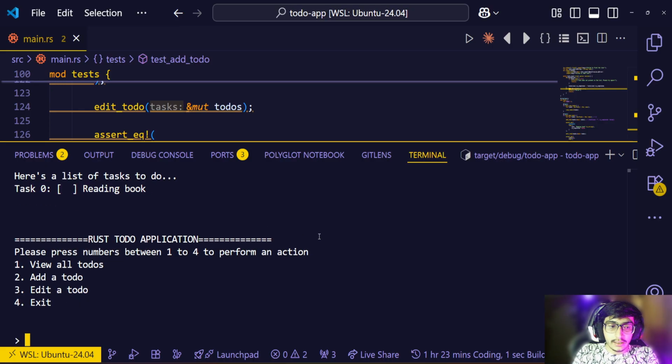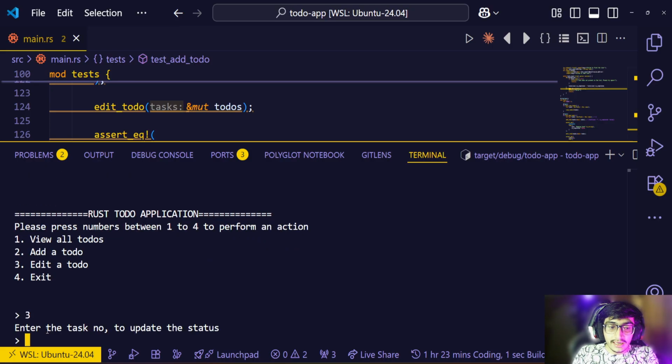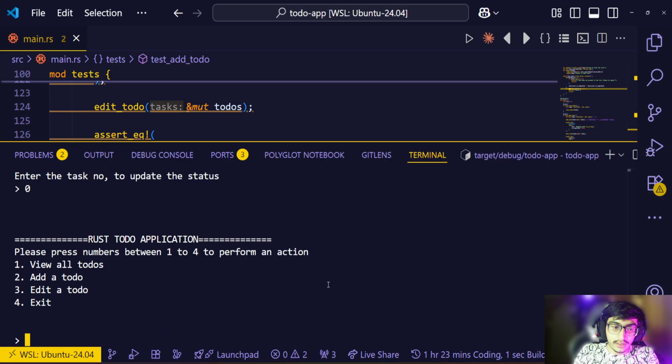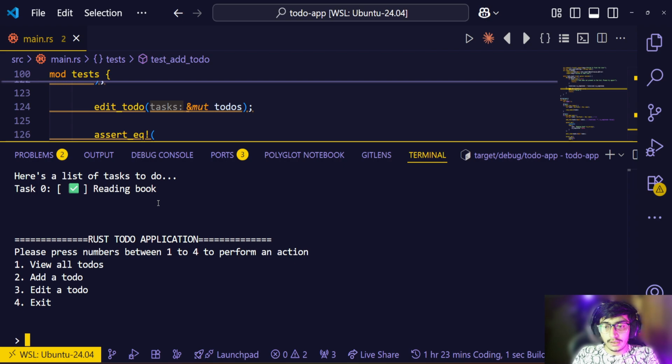If I want to edit a to-do, enter the task number. Task number is zero, so I write zero, and then the task is edited. If I want to view all to-dos, you can see task zero, the is-completed status becomes true. The Boolean is